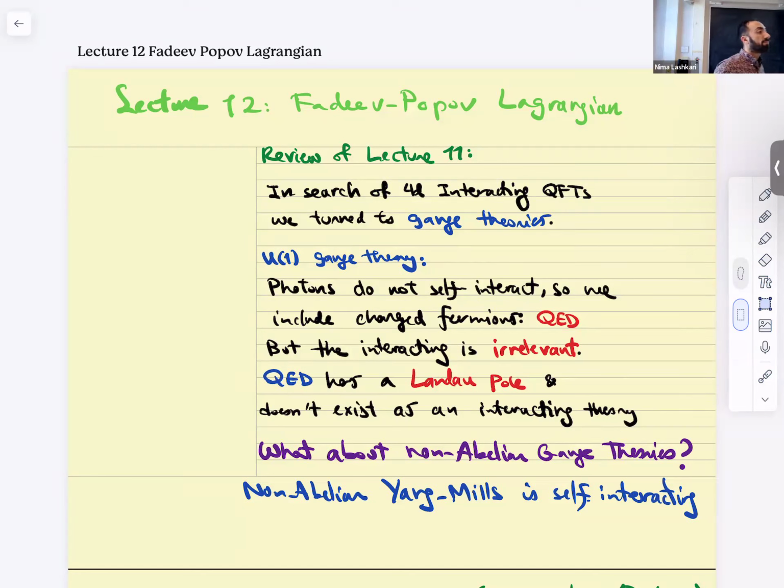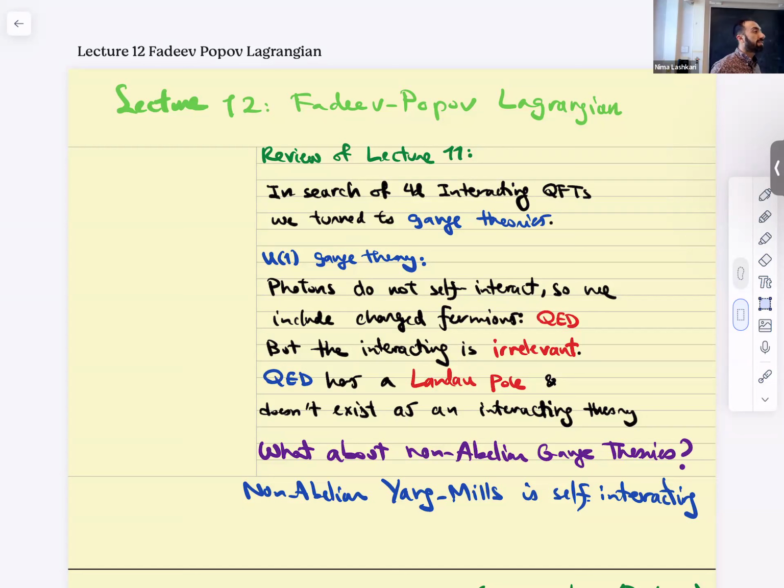Sorry, this is just a quick question. When we kept mentioning how QED in 4D has positive beta functions, so it doesn't really exist as an interacting theory, is QED going to be saved by, say, interacting with these other theories at all? Yes. Correct.